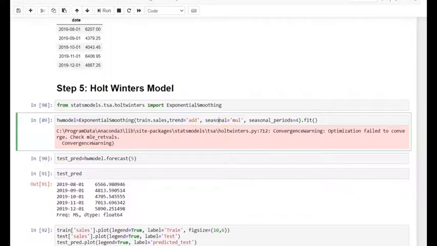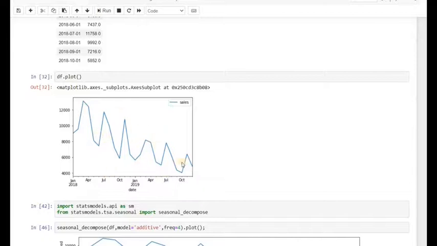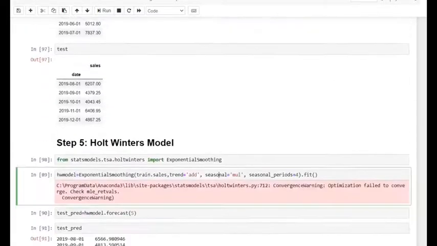And if we are unable to find out, it's better that we check all the possible combinations of it, and whichever gives the best result can be used. Here we can see that the seasonal magnitude is actually decreasing as the sales is decreasing. So we can say that our seasonality is multiplicative in nature, but the trend looks like a linear fall. So we can say that our trend is a linear trend, but the seasonality is a multiplicative seasonality.